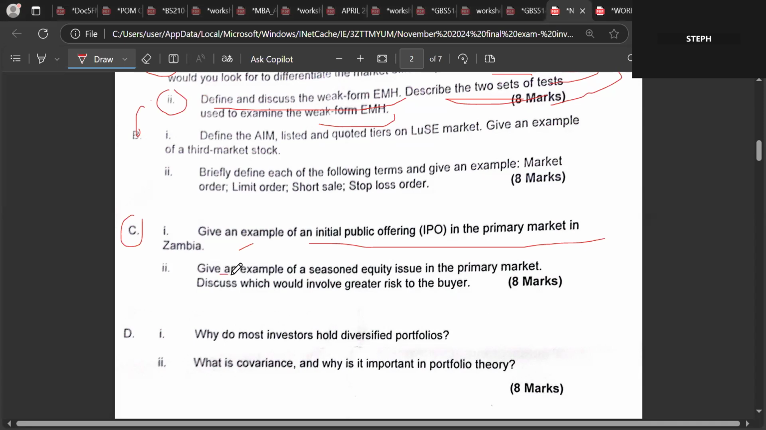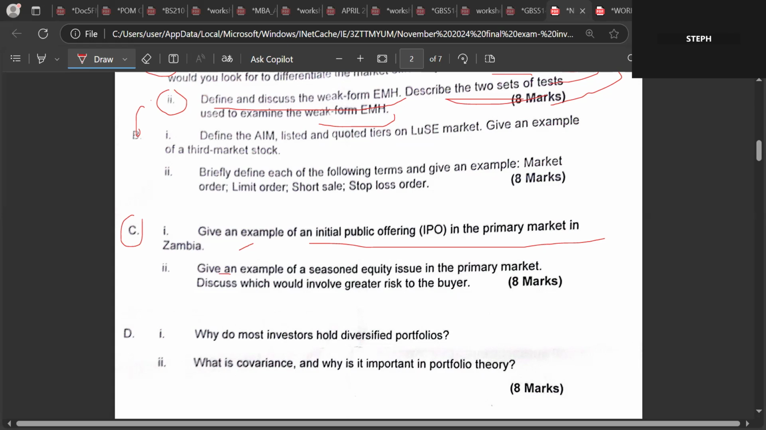Now it says, give an example of a seasoned equity issue in the primary market and discuss which involves greater risk to the buyer. So for this one now, right? A seasoned equity issue will occur when a company that's already listed issues additional shares. They issue more shares to raise more capital. So for instance, a good example of this is